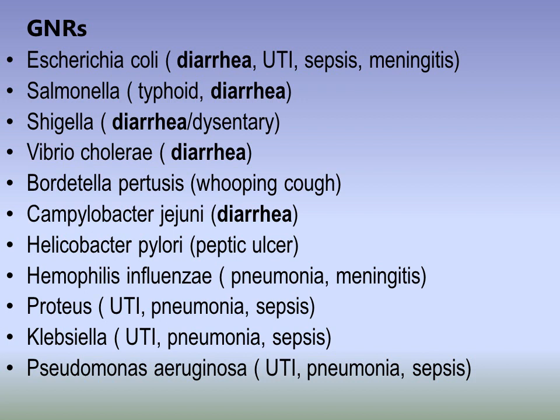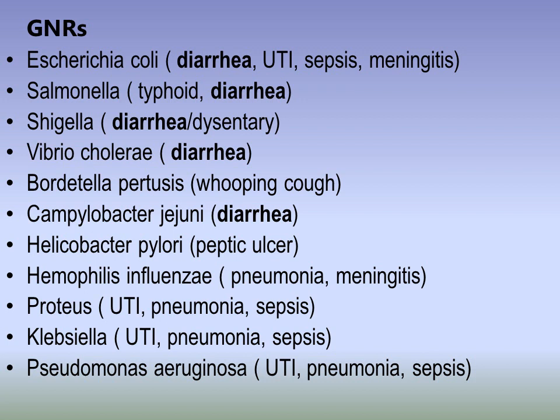Now E. coli is another organism that is responsible for causing diarrhea. It is also the top ranked organism to cause urinary tract infections. It is also responsible for causing sepsis and meningitis in various ages. Salmonella is responsible for causing typhoid, and a few of the species are related to the gastroenteritis that they usually cause. And then we have Shigella, another organism responsible for diarrhea, especially dysentery. Vibrio cholerae is another diarrhea causing bacteria.